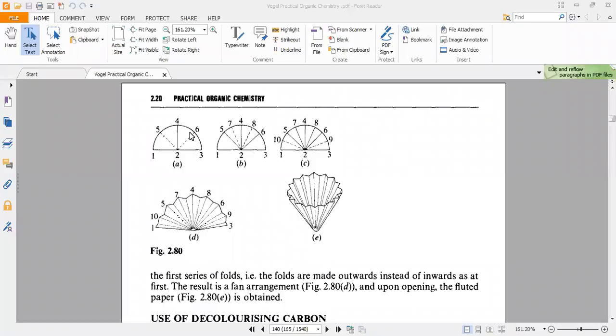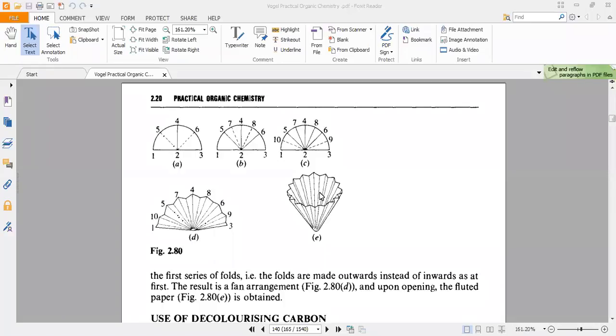This is the protocol of filtration, which I'm just going to present. Let's say this is a filter paper. You make one fold through the center. And now you are going to make many folds. You fold from, let's say, 1, 2, 3. This is the first fold. Then you go 2 to 4. So four folds shall be made, and then when you are doing the filtration, it shall appear like this.